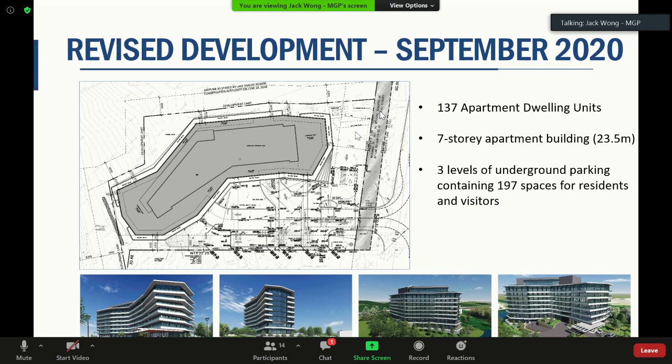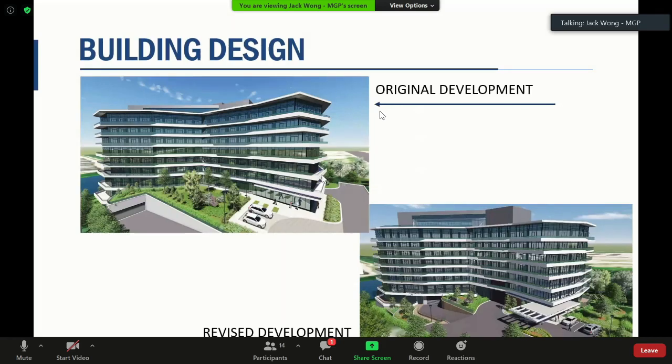As you can see here in this plan, the laneway has been removed based on the DRP comments that we have received. And in the next slide, I'll be able to better demonstrate that. The graphics on the left-hand side represent the original submission, and the one at the bottom right represents the new revised submission. Once again, the building itself remains largely the same.